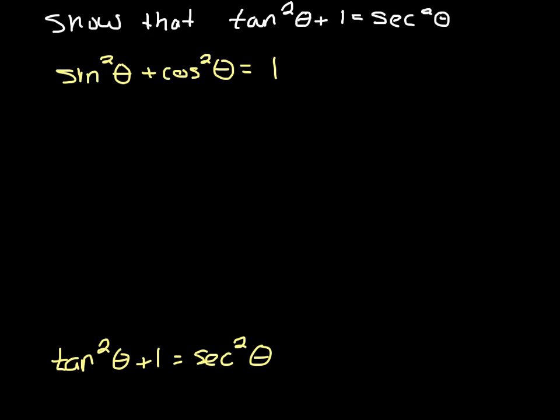Now we're going to try and make this equation look like this equation. So the big difference here is we have a 1 here and a secant squared here, and a cosine squared and a 1 here. So to make this look like that, I'm going to divide everything by cosine squared. So I'm going to divide this by cosine squared, I'm going to divide this one by cosine squared, and I'm going to divide this one by cosine squared. So we have